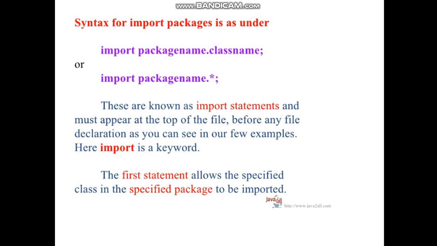One is import package name dot the class name that you want to import, or import package name dot star, which means all the classes and interfaces within that particular package. Import is the keyword that is used, and this statement is followed by a semicolon, which should be given as the first statement at the top of the program, before the program begins.